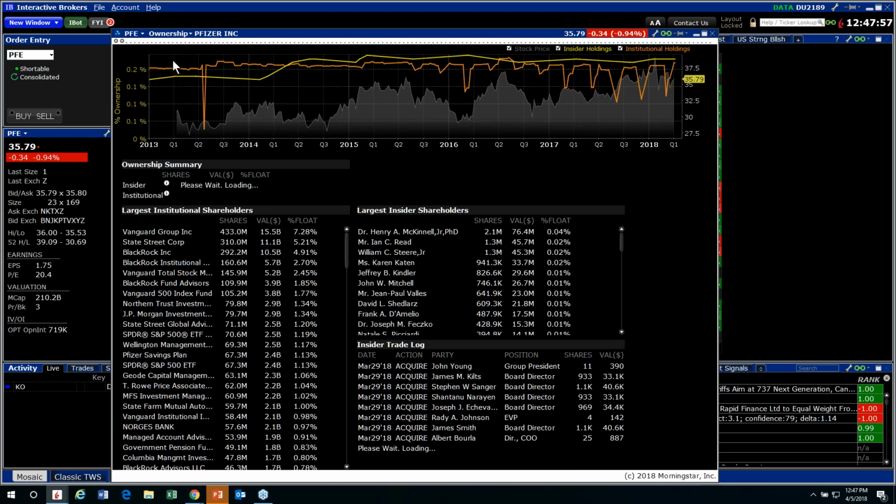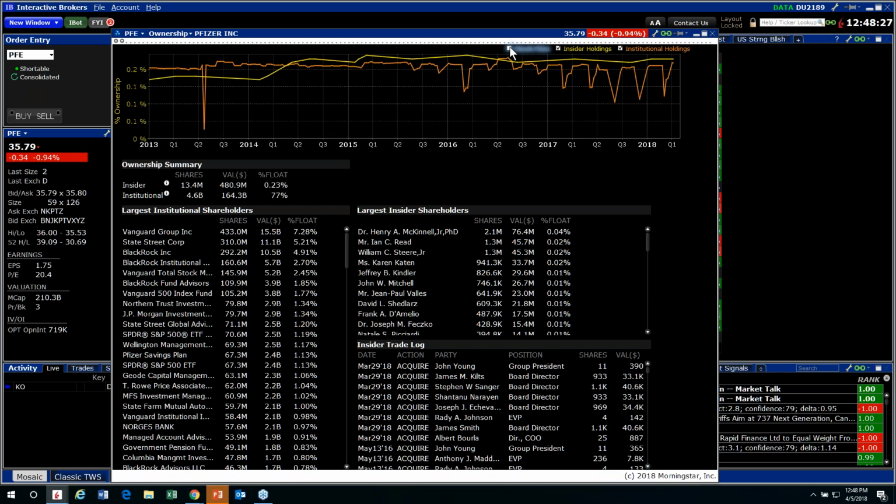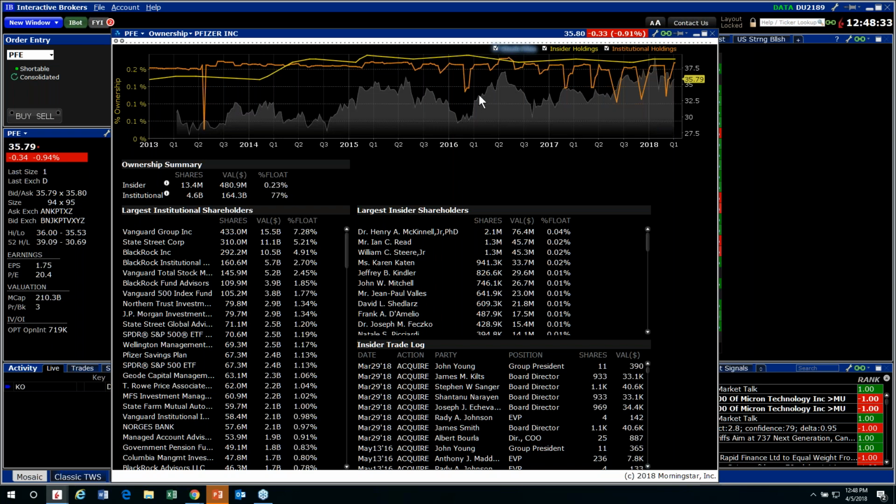This is going to display detailed insider and institutional ownership statistics that you can incorporate in any of those investment strategies. This window provides detailed institutional and insider ownership, as well as a graph of the ownership percentage over time. And you can also view the different trade logs, those insider trade logs, to get additional information. Okay. By the way, keep in mind that you can view or turn off any of the items that are